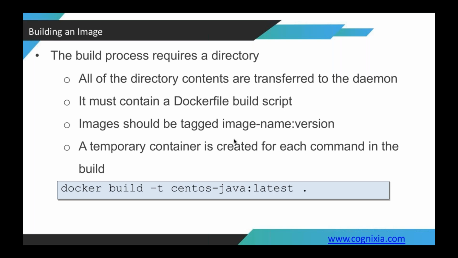Okay, so you can run docker build -t CentOS-Java latest, and dot means current directory. Remember, you have to specify the directory, otherwise it's going to give you an error. Okay, now once we run this command, it's going to look out for the Docker file in the backend. Once it's able to find the Docker file, it's going to build that Docker file. Whatever is written inside the Docker file, it's going to get compiled, and your CentOS-Java image is going to be created, using which you can create a container. And whenever you create that container, the CentOS and the Java machine, so the Java will already be installed on that CentOS. Okay,